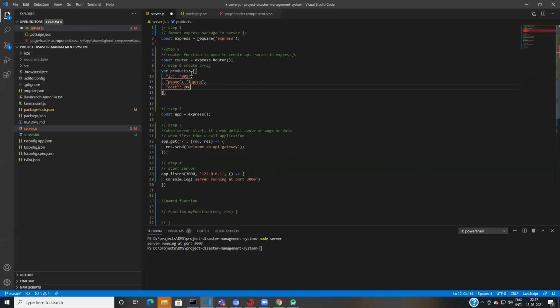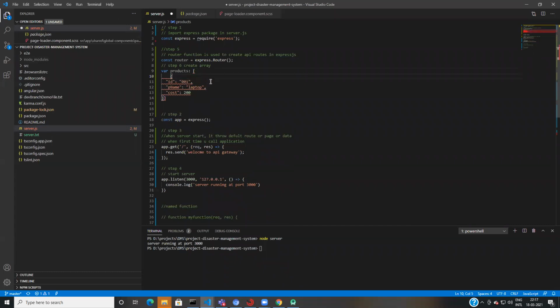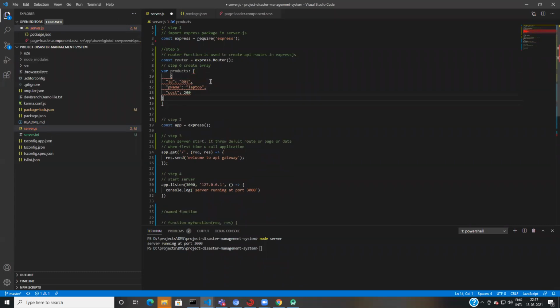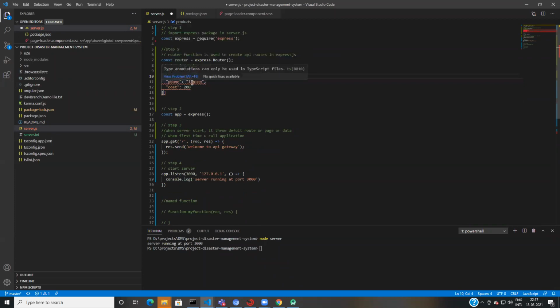Why is it giving me an error? Okay, type annotation can only be used in TypeScript files.